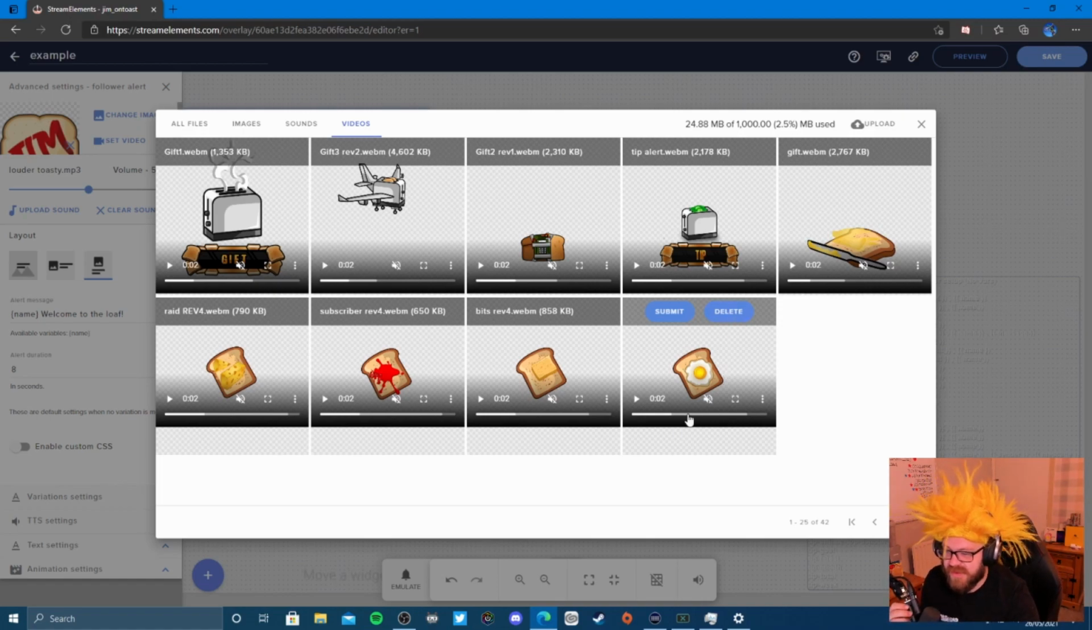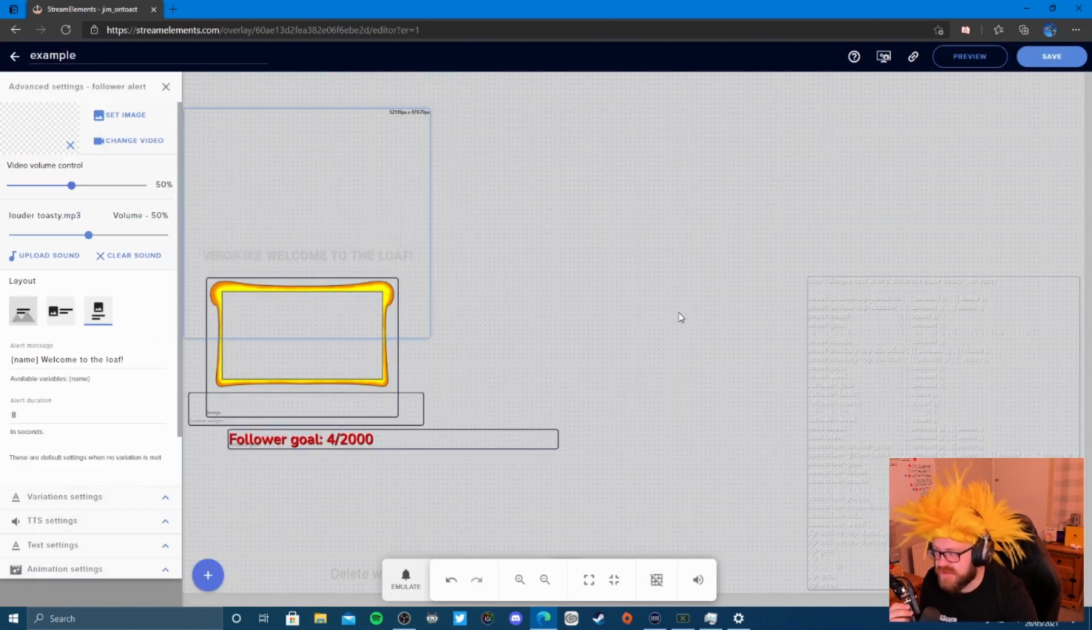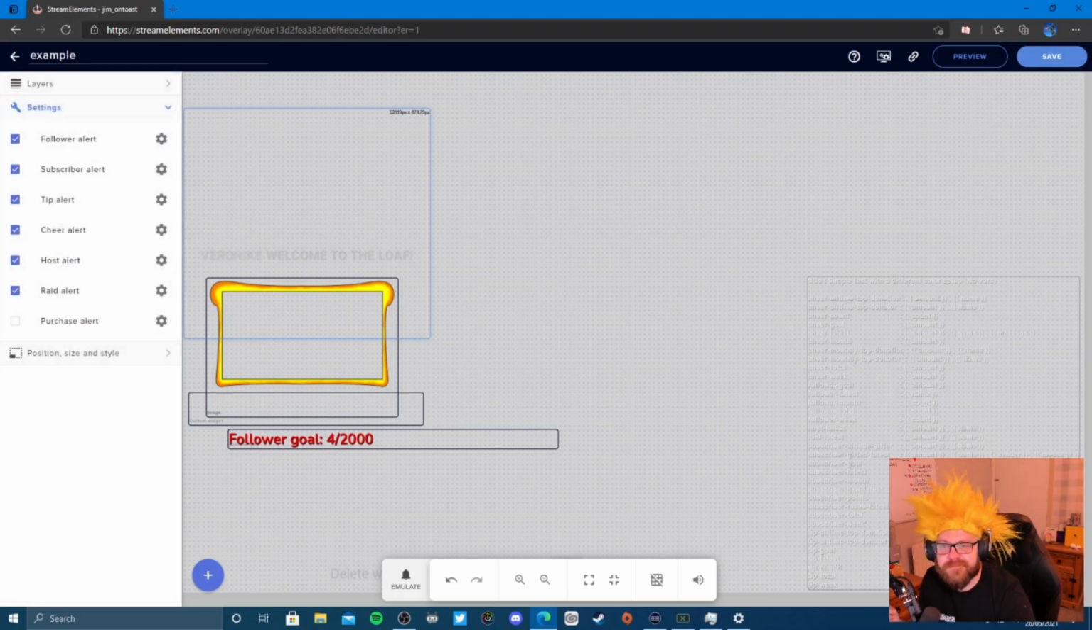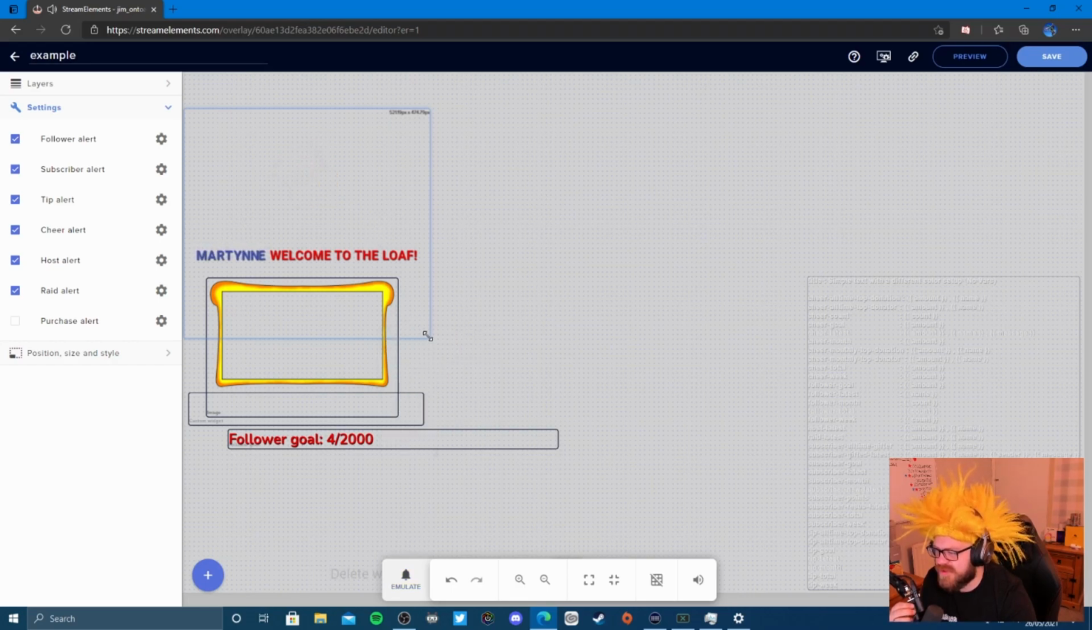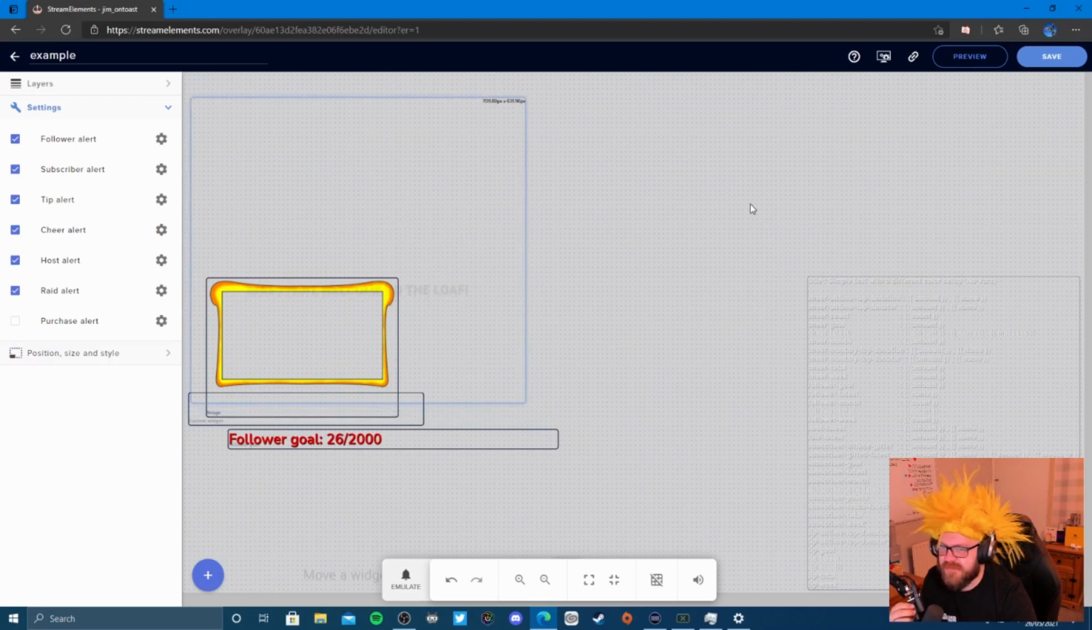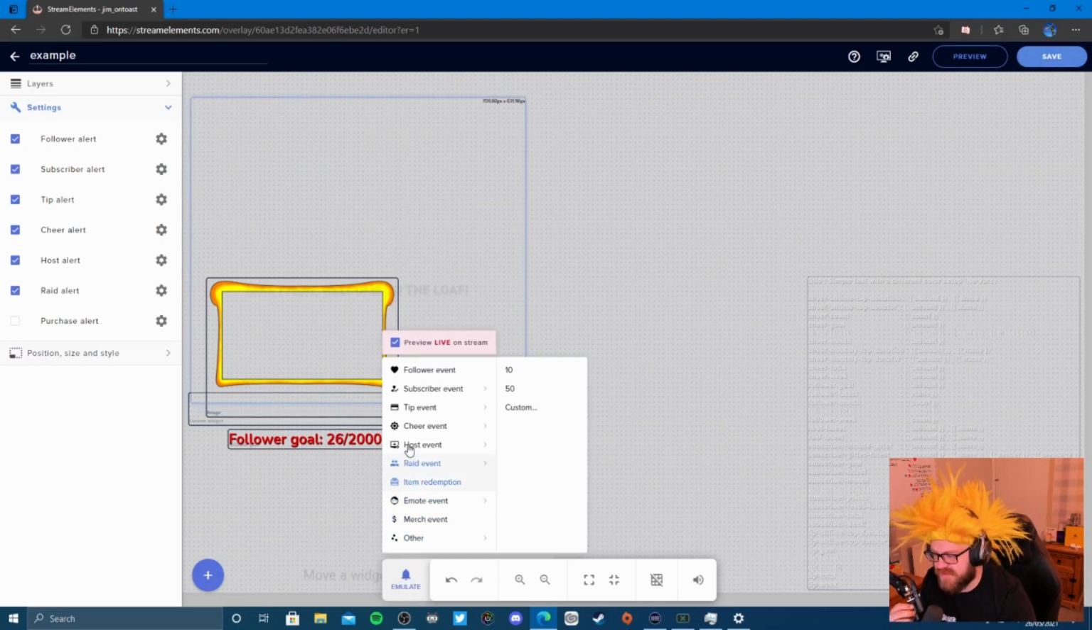Absolutely love them. But if you can see here, this is my follower alert right now. So I'll submit this, and this is how I've set my alerts up, chat. All you do is save that and then go follower event. Boom. It's that simple. Why is that so small though? I don't know why that's so small. But yes, as you can see, guys, if we emulate this follower event,